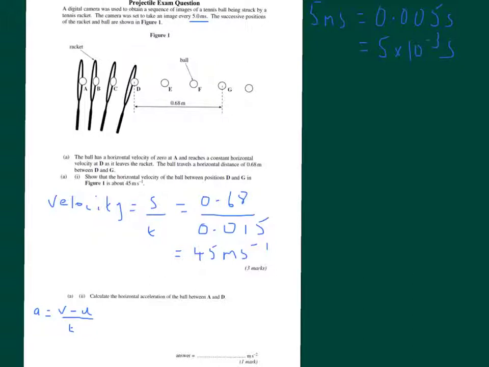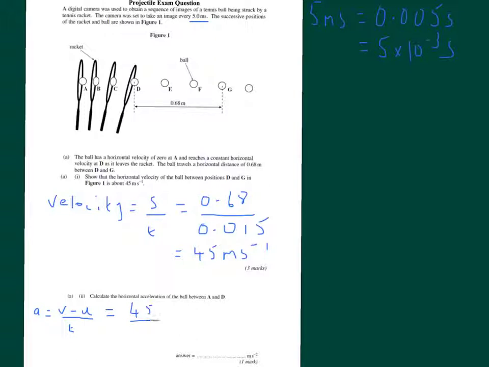So all we need, okay, this is all we need. We need the velocity at D, or the horizontal velocity, and we need horizontal velocity at A. Now they tell us what the horizontal velocity at A is, and it's 0. So that means that U, because that's the initial velocity, is going to be 0, and we just need the velocity at D, the horizontal velocity, and we got that from A1. So that's just 45 meters per second. So that just becomes